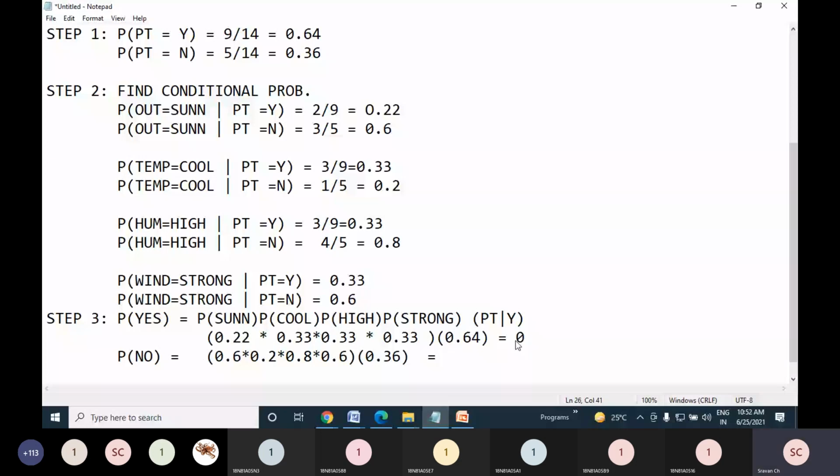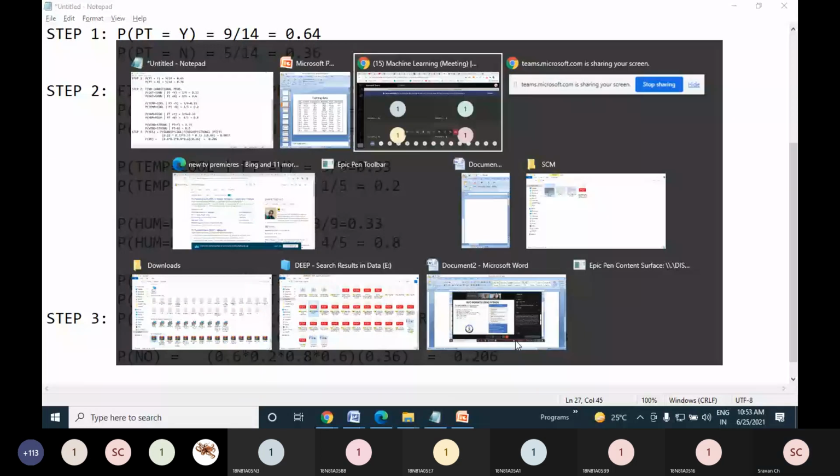So what we got is P of yes by P of no, right? Now friends, whatever answer we have got, this is not yet completed. So another step we have to do. Right, last step. So step 3 is clear. Step 1, 2, 3. Please let me know in the chat box.